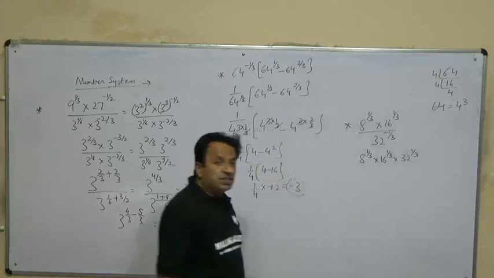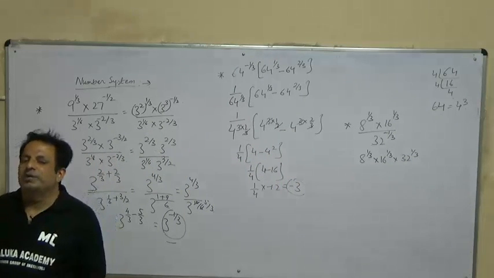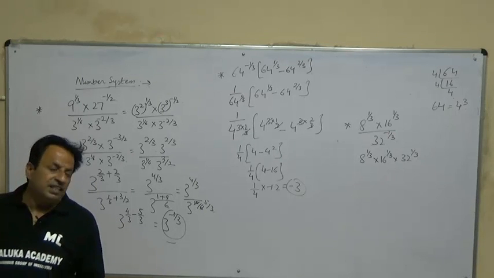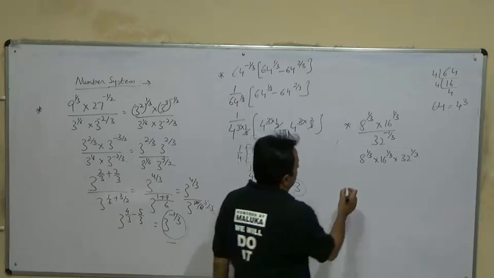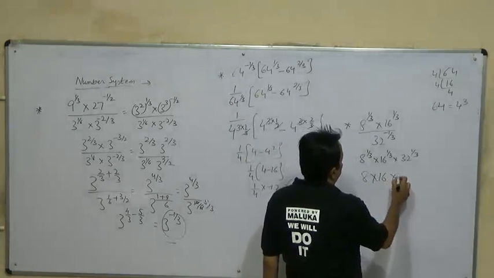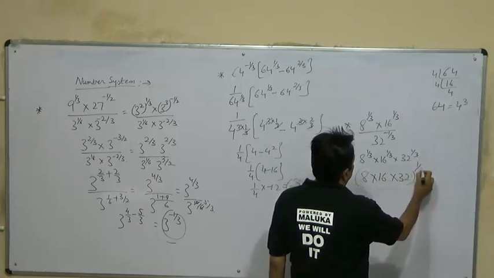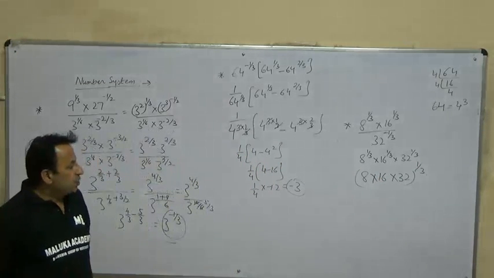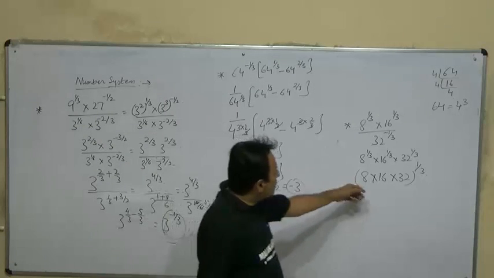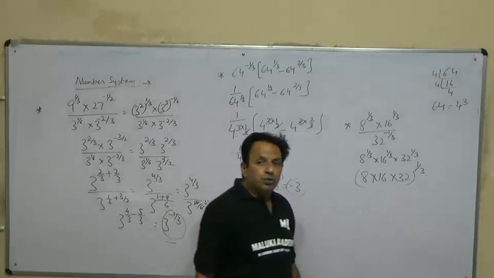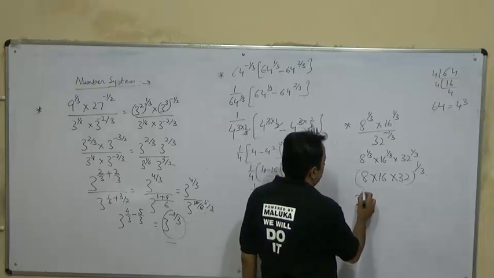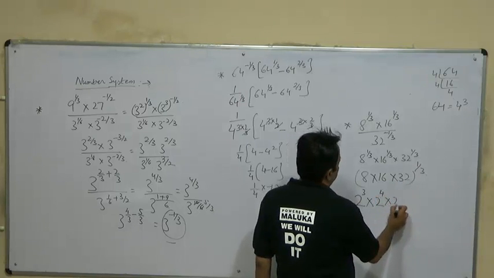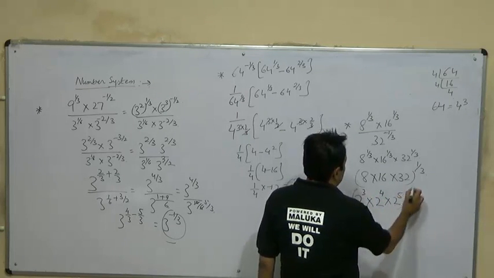So when we have got the same exponent and different bases, they can be multiplied and the same power can be given as single power. So we can write it as 8 into 16 into 32 raised to power 1 by 3. Instead of multiplying all these numbers and then converting it into power, we convert these bases to simpler powers of 2. Now we know that 8 can be written as 2 raised to power 3, 16 can be written as 2 raised to power 4, 32 can be written as 2 raised to power 5.